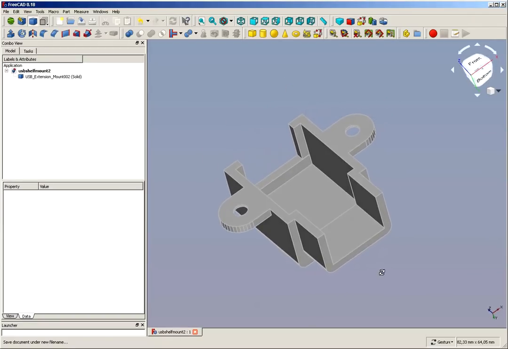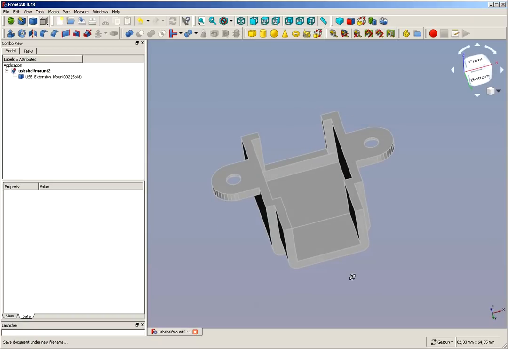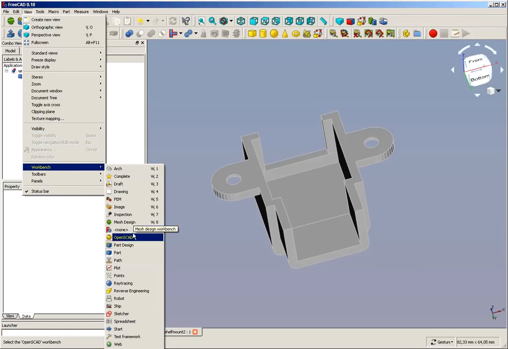So how do we proceed? There's two principal possibilities. One possibility would be to proceed in the part mode, where we can create cubes and subtract the cubes so we get those ears away and other things. But I leave those ears, they don't matter for me. What I'm doing is I'm switching to the part design mode now. So we switch the workbench to part design,